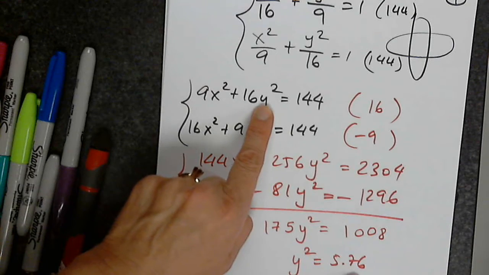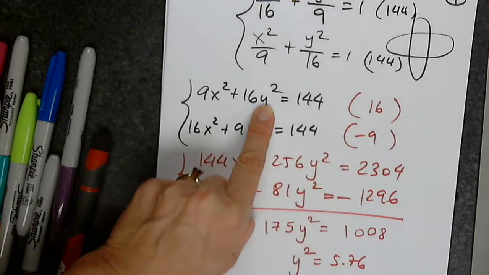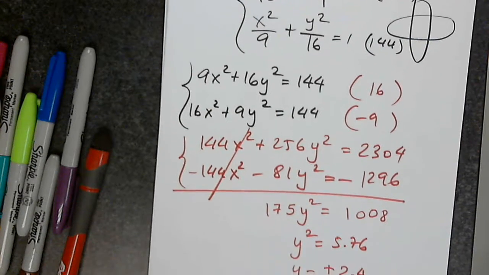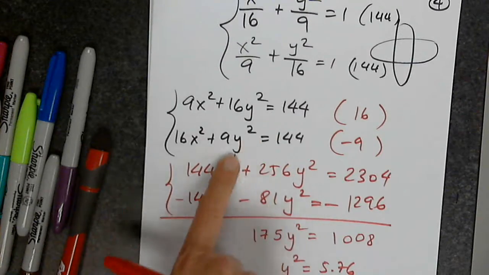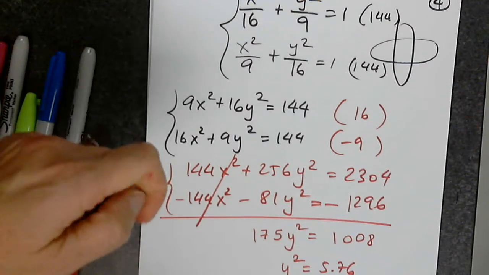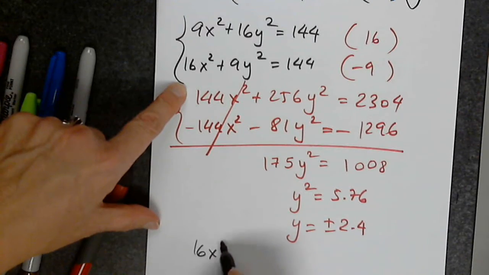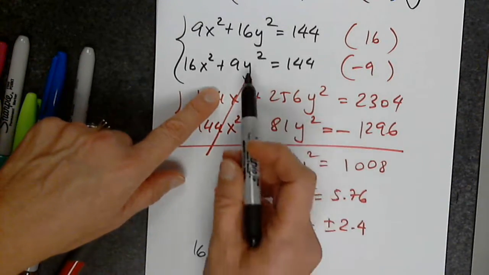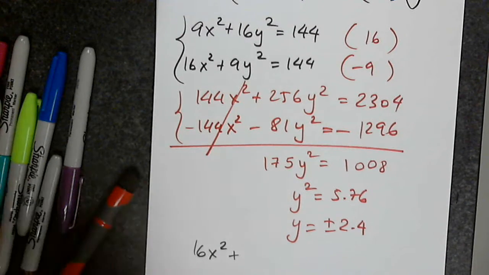Can I go back here and replace it and then get x squared? Is this okay? Are you with me, everyone? Yes? So with y squared, I go back to any of the two equations. It doesn't matter. Which one would you like to work on? The first or the top or bottom? This one? Okay, very good. So then I have 16x squared plus, I'm going to multiply 9 by 5.76. 5.76 multiplied by 9 is 51.84